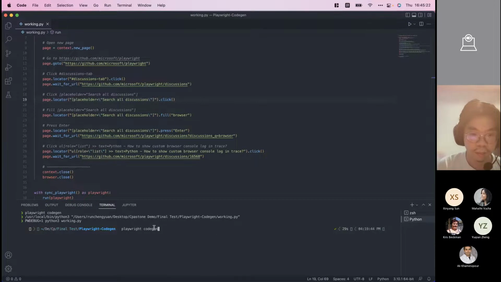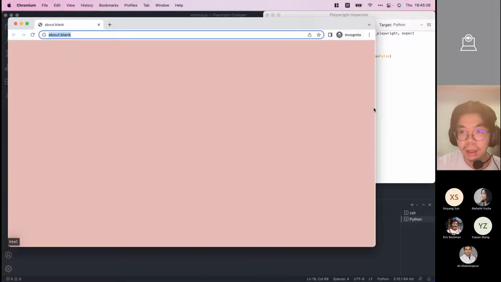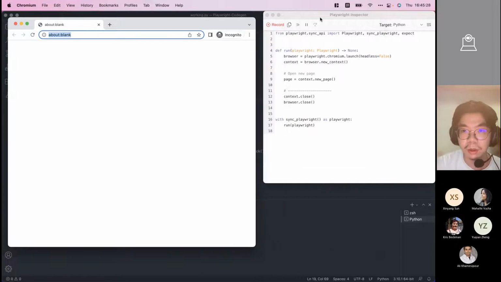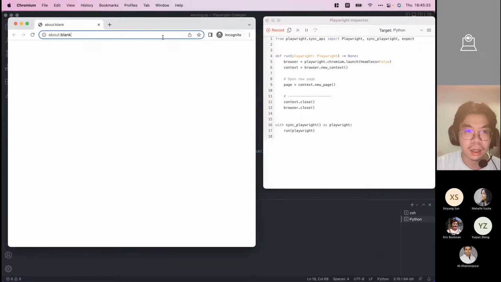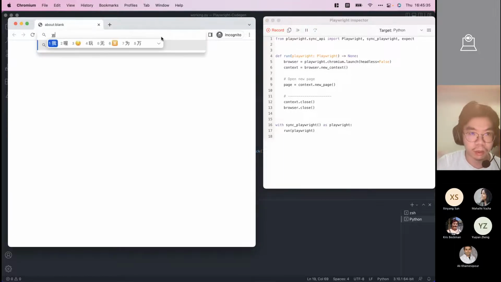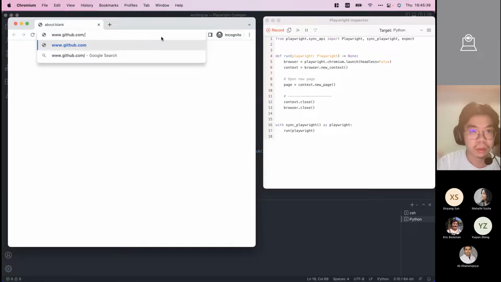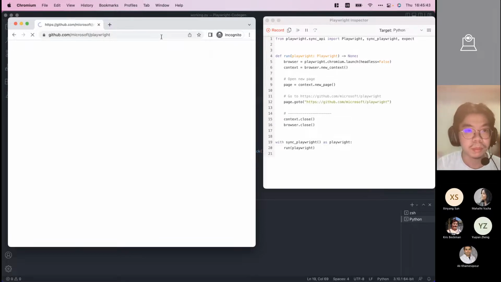So I'm going to press Playwright codegen. You can see on the right, the box will help you write the code automatically. What we do is type the website, GitHub, and we enter it.